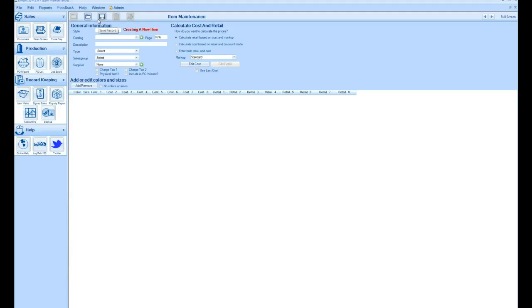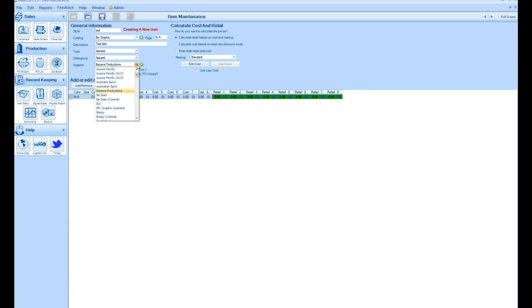So if we wait for it to open up properly, you can either open an existing item and edit it, or you can start straight off the bat and test item, catalog, and you can put it in an existing catalog, page not applicable, description, test item, and it's apparel,